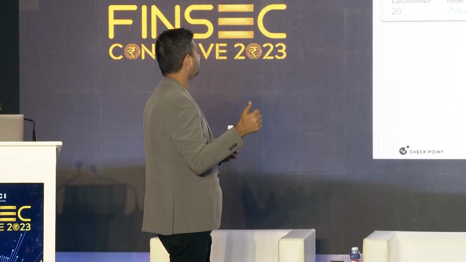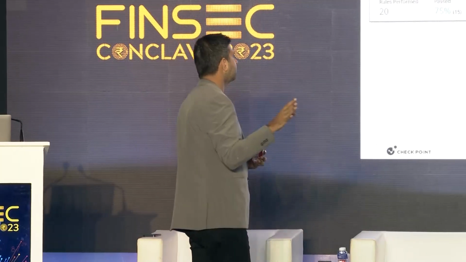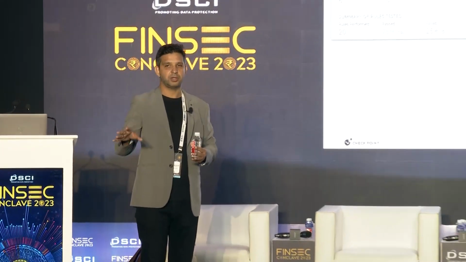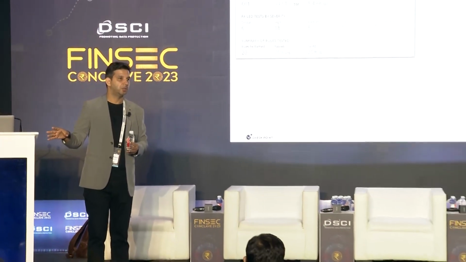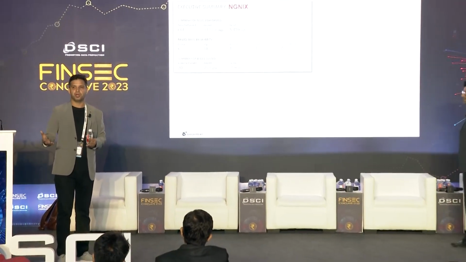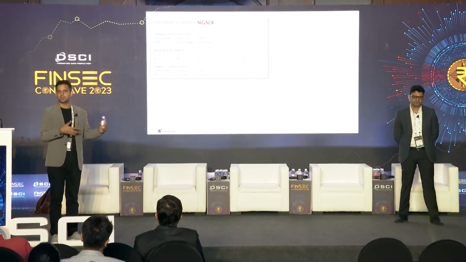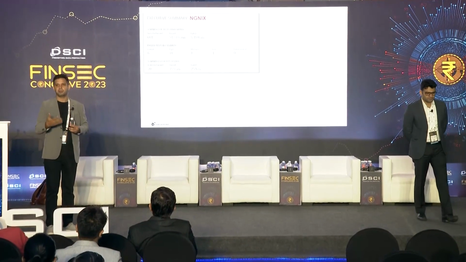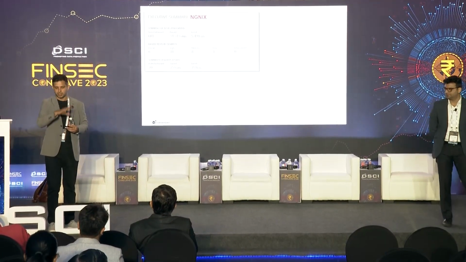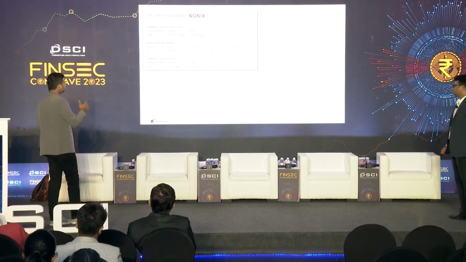There are 18 high severity vulnerabilities and 8 medium severity vulnerabilities, which means after running multiple tests, we have been able to identify that the image which is already on Docker Hub has certain vulnerabilities. It may not be valid for customer one, but may be a valid or high risk vulnerability for customer two. But knowingly or unknowingly, we are using these images to publish our applications. Now taking all that into consideration,